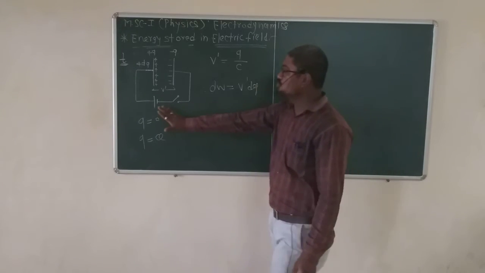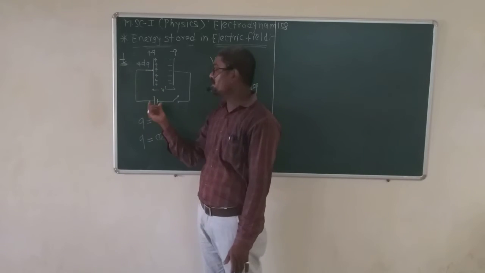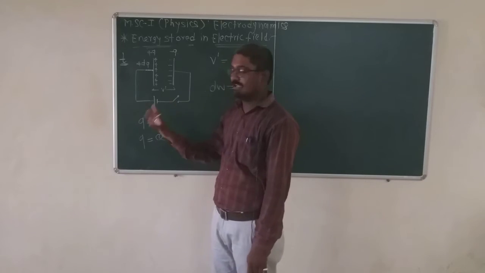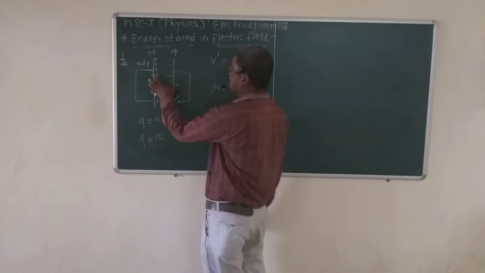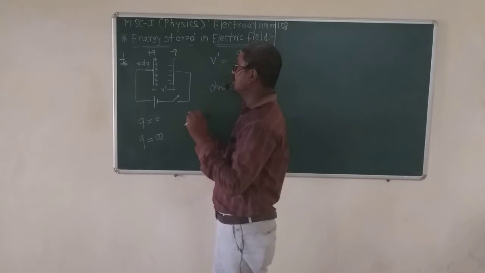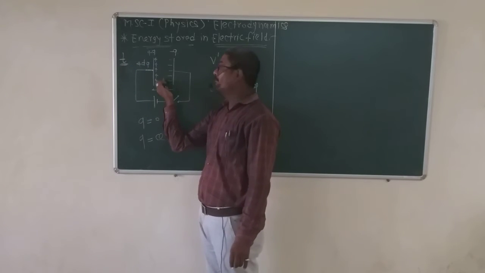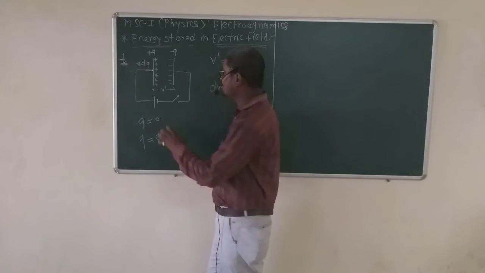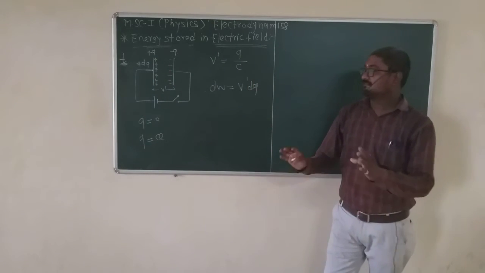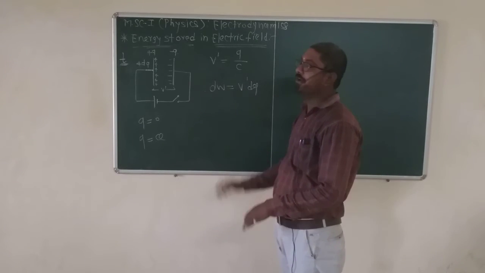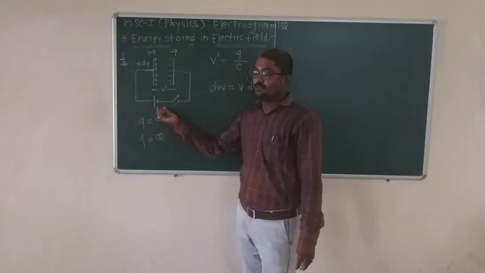Then the use of the cell, that is the working of the cell, is that work will be done. Why? Because the capacitor was fully charged, but some charge will remain, and the plus dq charge is provided to the capacitor, but the positive charge will repel. That's why the cell does the work on that dq charge, and that work done is dW equal to V' into dq.